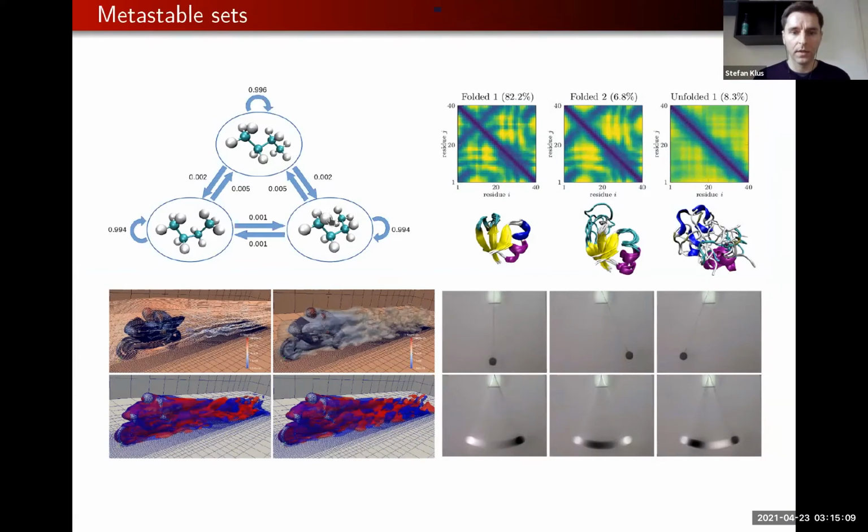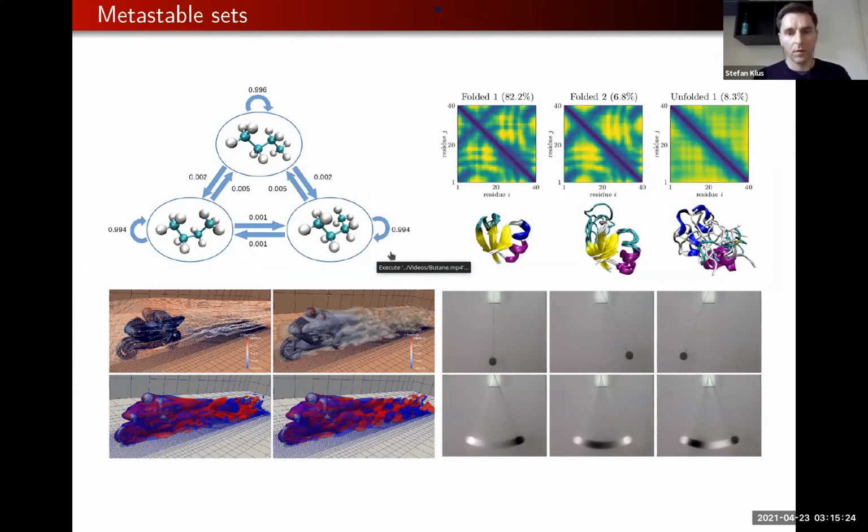So with a high probability, we will stay in one of these states. These are then called metastable states or almost invariant sets. And we can also see the probabilities here that we will switch. So this is a Markov state model representation of the dynamics here. For this molecule, it's well known that there